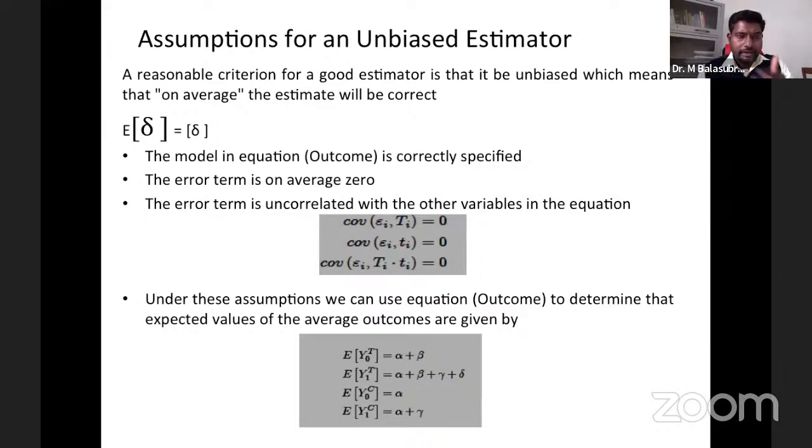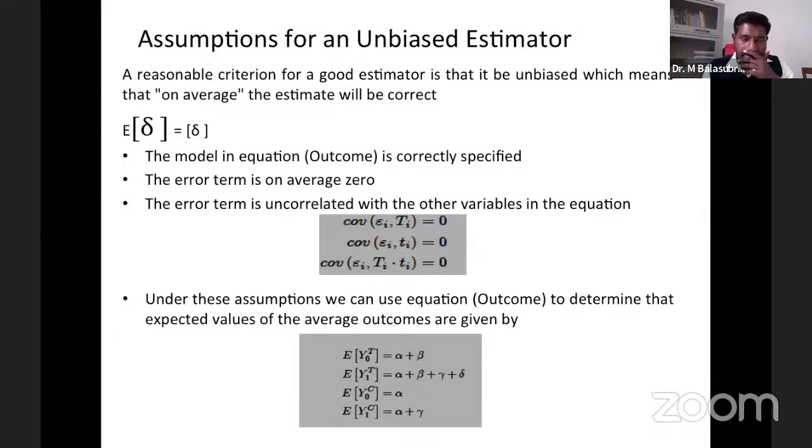So E, the expected value of delta hat, E delta hat, has to equal delta. Simply, without the bracket, it gives our delta value. When that average value is okay, then that estimate of delta is okay, we can